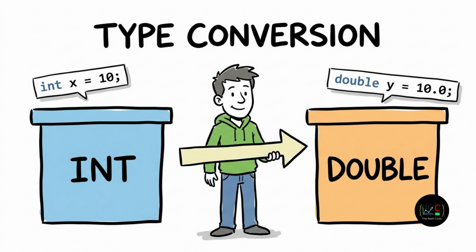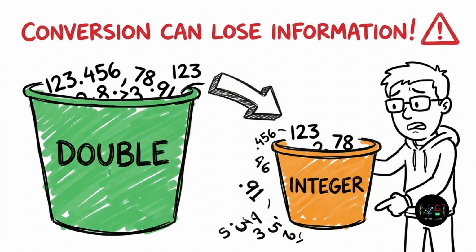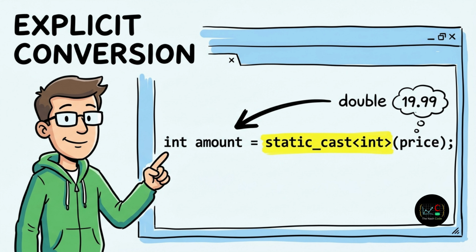Finally, type conversion. If we write int age = 20; double value = age; C++ converts 20 into 20.0. But converting the other way can lose information. If double price = 99.99 is stored in an int, the fractional part is discarded, giving 99. We can make the conversion explicit: int amount = static_cast<int>(price);